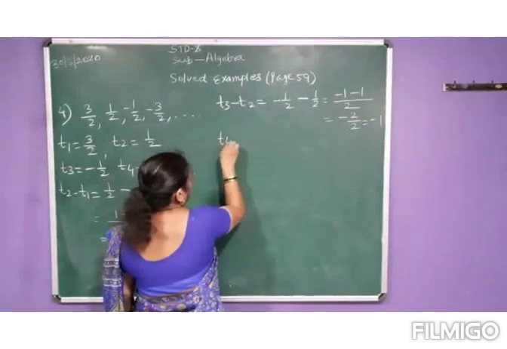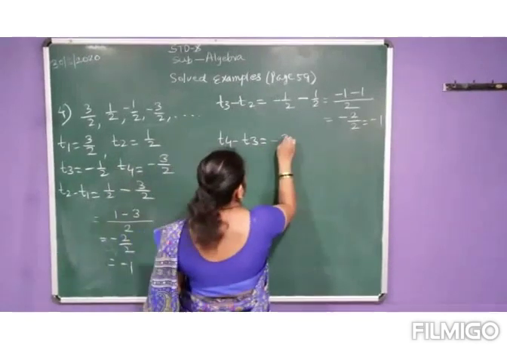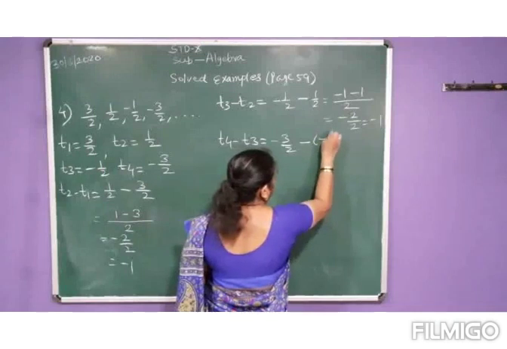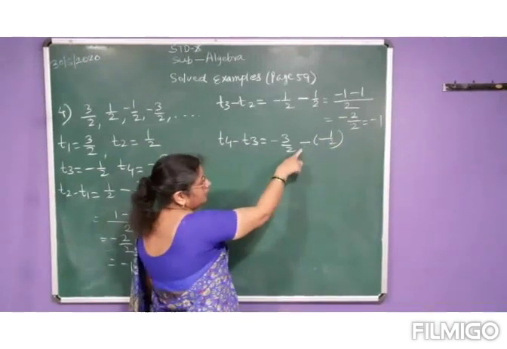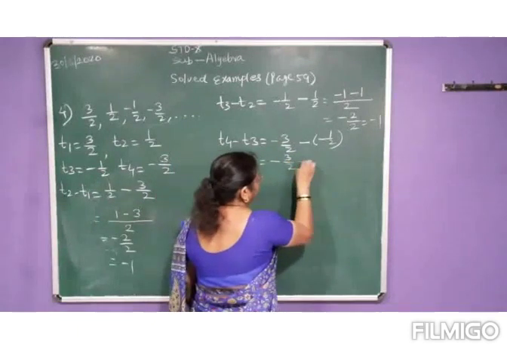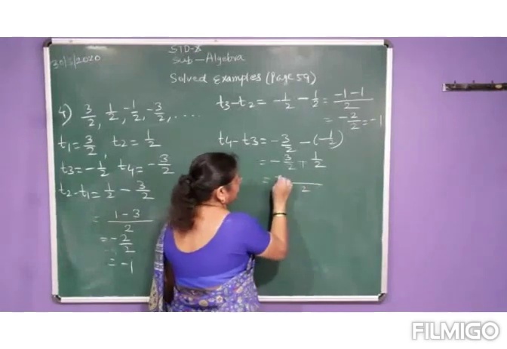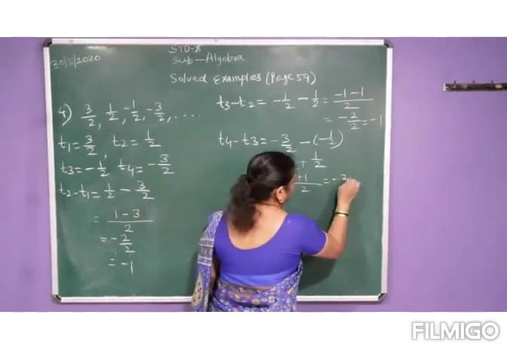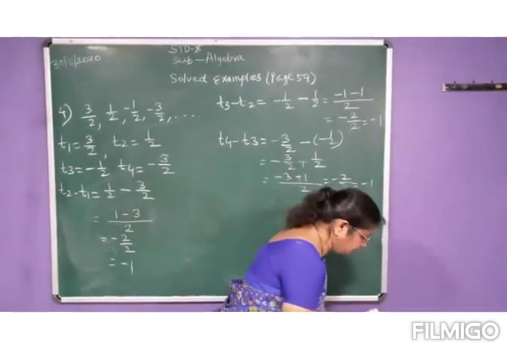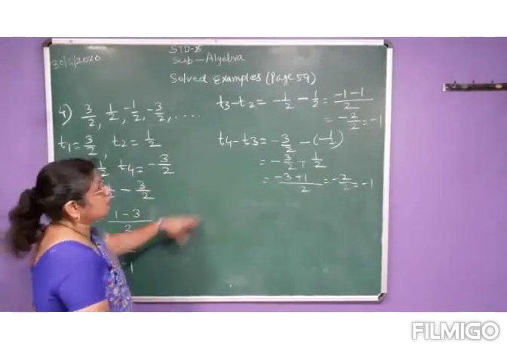Then T4 minus T3. T4 is minus 3 upon 2 minus T3 is minus half. Now see here, outside the bracket minus sign is there. So minus minus will become plus. Minus 3 upon 2 plus half. Now again the denominator is same. Minus 3 plus 1, minus 2 upon 2, minus 1. So here what you have seen over here is again the D value which is there, that you are getting